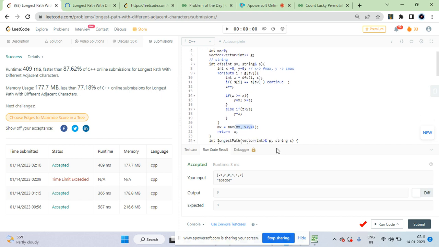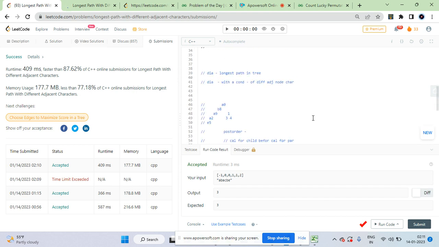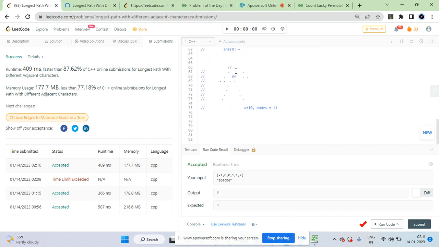It can give you a maximum if it can just bend over. So this SV can give you a maximum if it can just bend over. Let's say this bend over is like 5 plus 5 plus 1, which is 11. But if this is, let's say, the parent of SV, and the characters don't match, let's say this has a character A, and this SV has a character B, which obviously doesn't match,